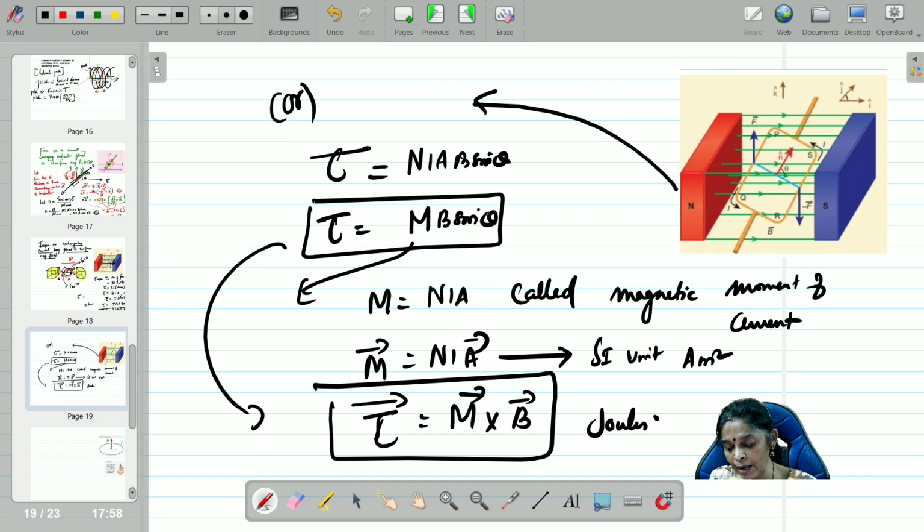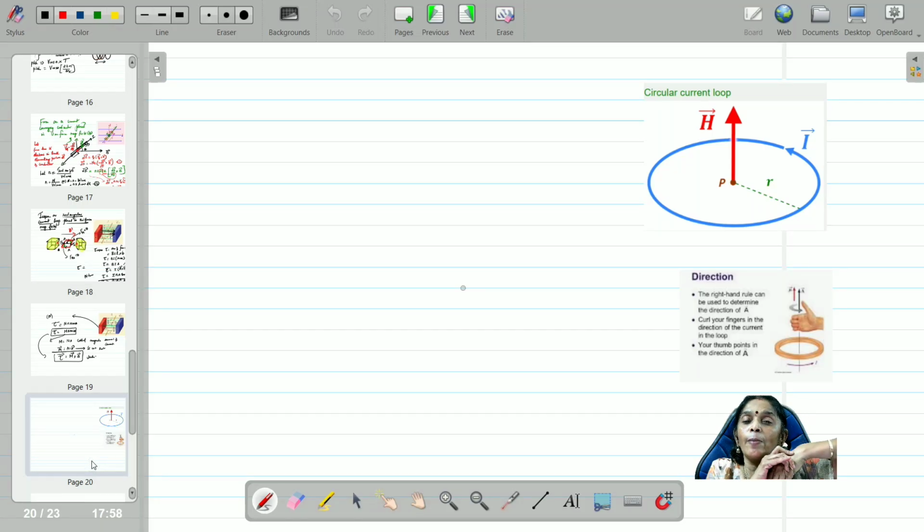Now I was speaking about the magnetic moment of the current loop. How to find out the direction of the magnetic moment of the current loop? Any current loop, whether it is a circular loop or a rectangular loop. For example, if you take a circular loop, can you see me? Can you listen? Very simple, quick, in no time you can find out. Same, I told you, right hand thumb rule. That's why I'm not using the left hand at all. You can use the right hand thumb rule again. For two elements, right hand; for three elements, palm rule. So now current is flowing in the clockwise direction, let us suppose. If the current flows in the clockwise direction, the magnetic moment is going to be inward. That's all. If you want to find out the magnetic moment, you can use the same right hand thumb rule.